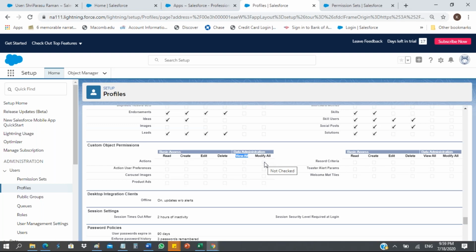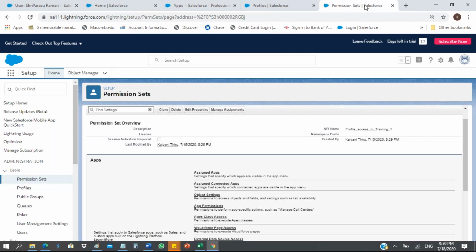Okay, so this is the CRUD permission, that is about the object access. Now coming to field level, the next one in the list would be app permissions. This is like third party applications. This app and these apps are different. These are third party applications